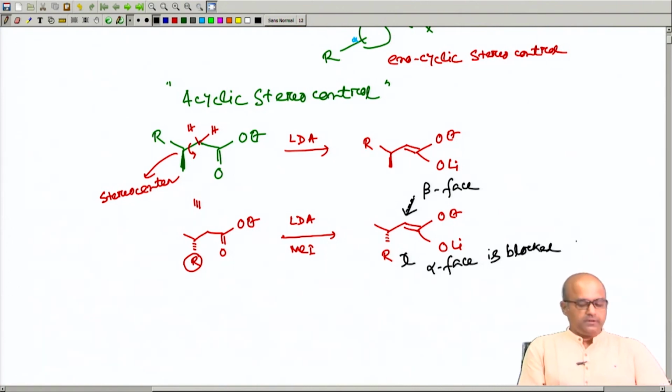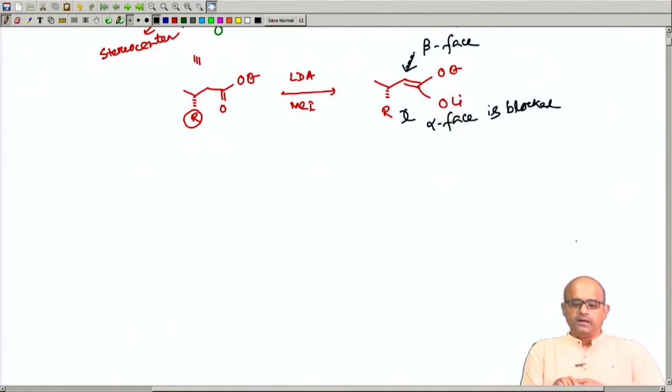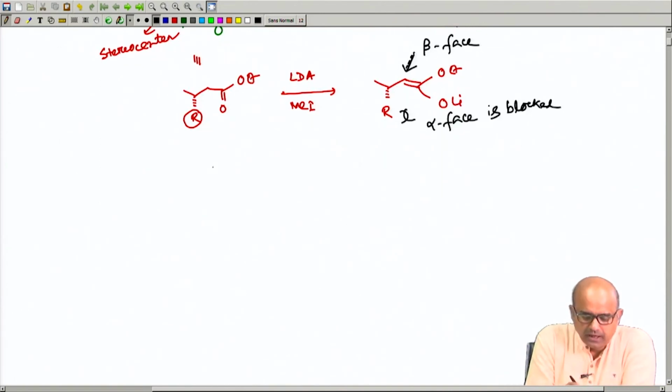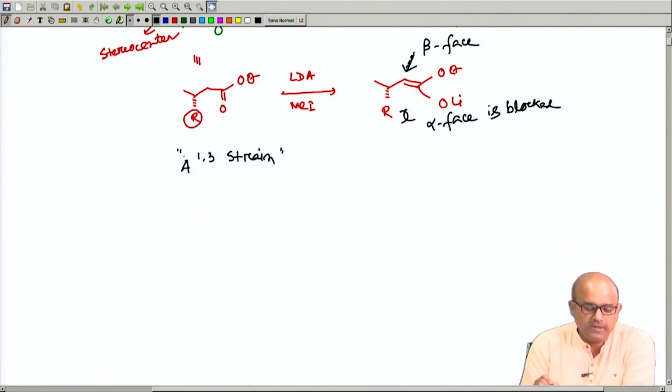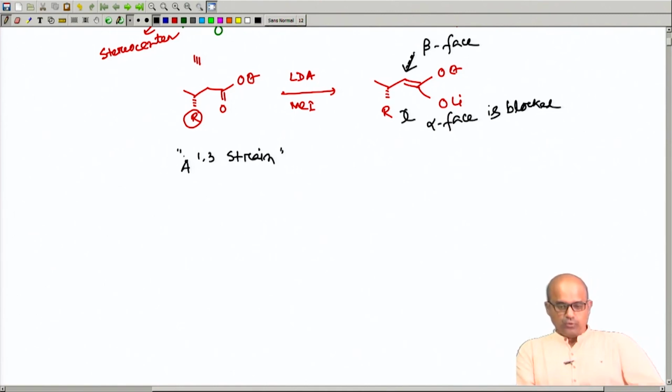Now, this you can also explain in a different way with another factor, which is a very well known factor, called allylic 1,3 strain. Now, allylic 1,3 strain actually dictates the entire thing. If you are not familiar with allylic 1,3 strain, just go through it. Allylic 1,3 strain basically means that once you have an allylic system something like this, and then you try to draw the same compounds